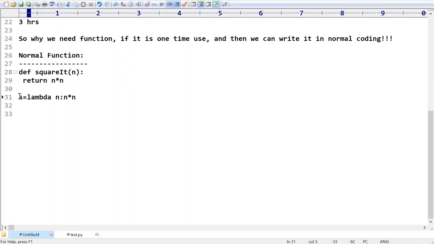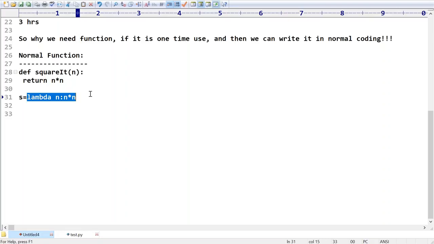You can provide the argument also, but how to provide it, I will discuss later. I want to call it just for simplification purposes. s is equal to lambda n colon n into n. Sir, what is this function? Respond. What is this function?